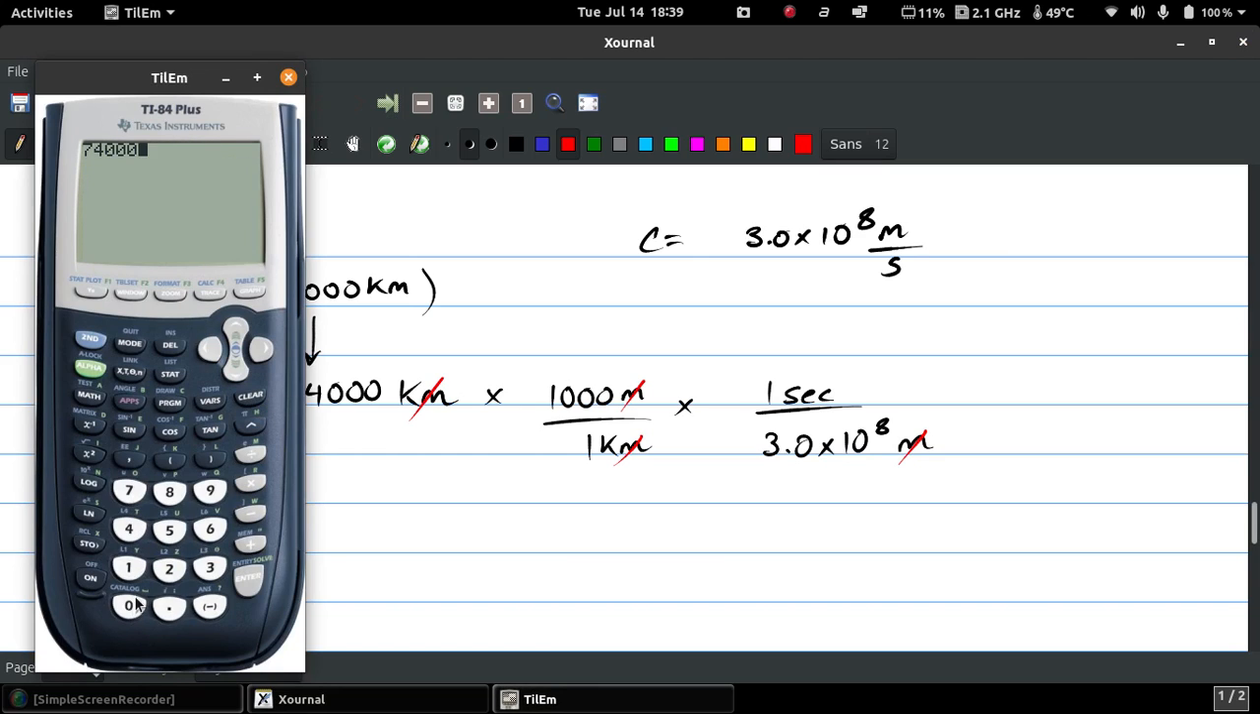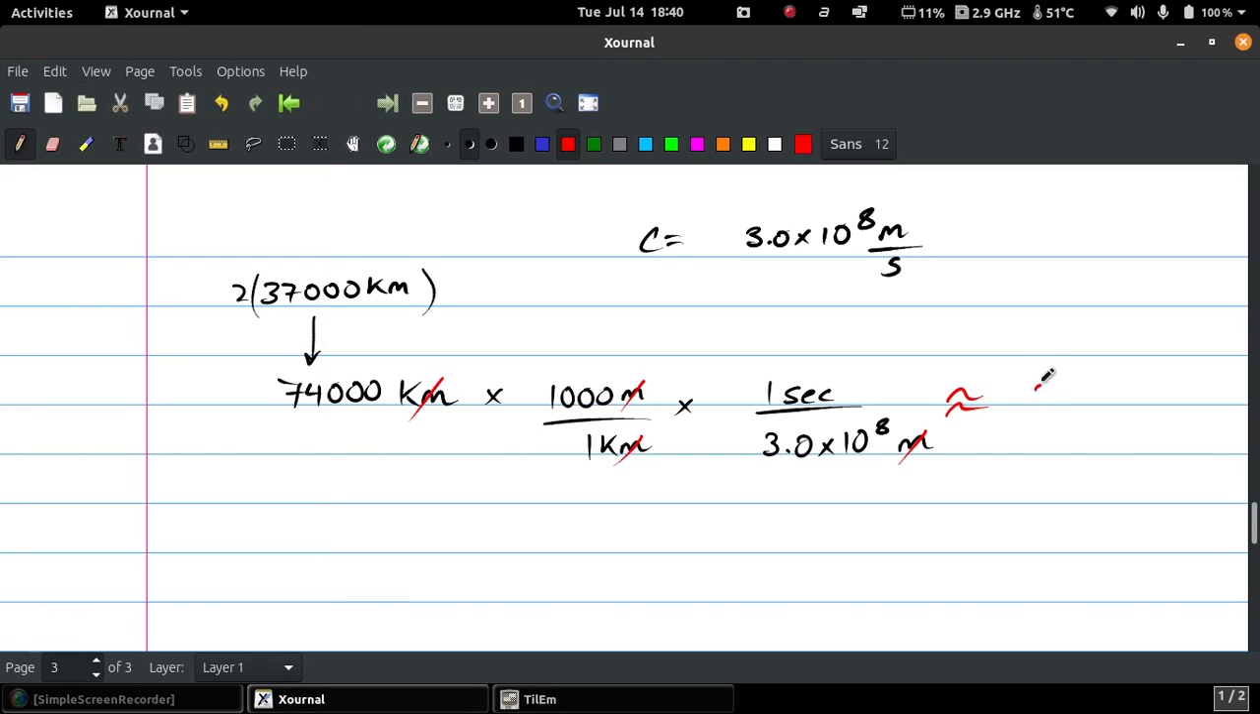So we have 74,000 times 1,000 times parentheses 1 divided by 3.0, and then this EE button here just means times 10 to the power of. So on your calculators, it might just say EE, or you might have to hit second EE. That's exactly what it means. I'm going to go over that more in class, but just so you know, that's what it means. And then we close the parentheses. And our answer is approximately 0.247 seconds,